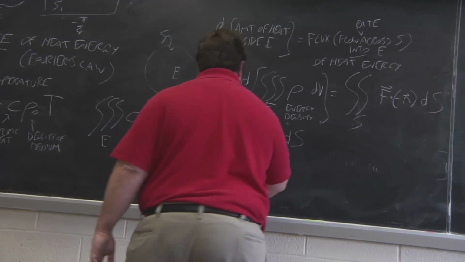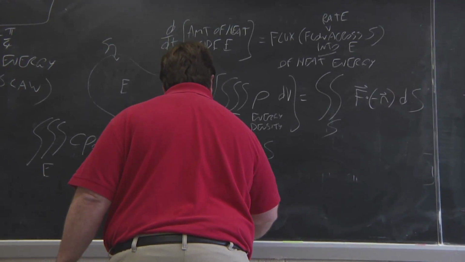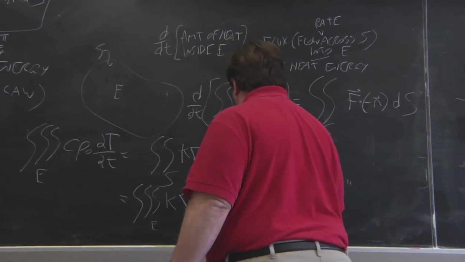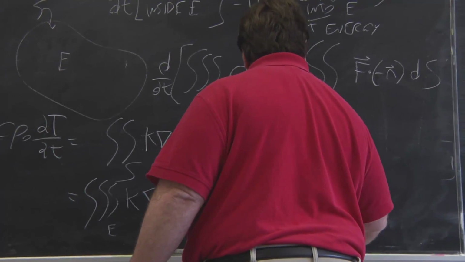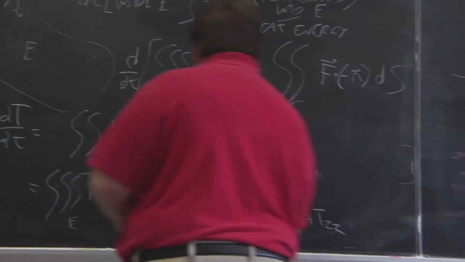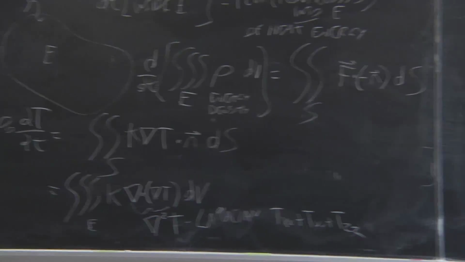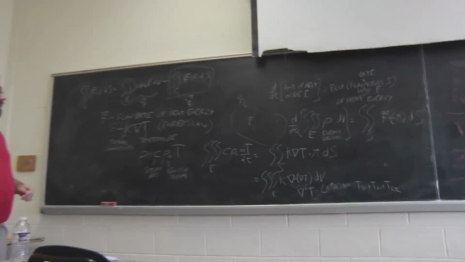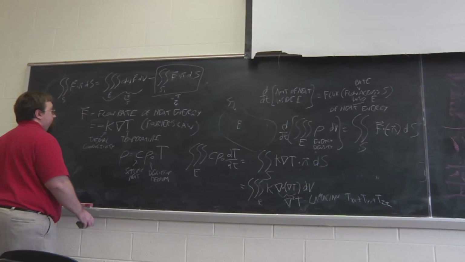Well, that is nabla squared times T, that is the Laplacian. So Txx plus Tyy plus Tzz. We saw it earlier when we talked about the divergence and curl and all that. So now, what we can say is